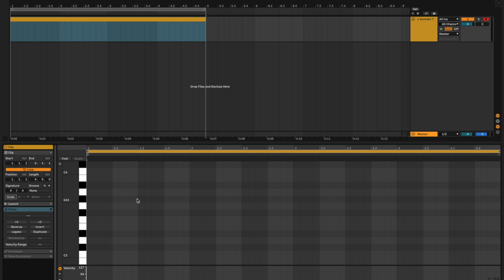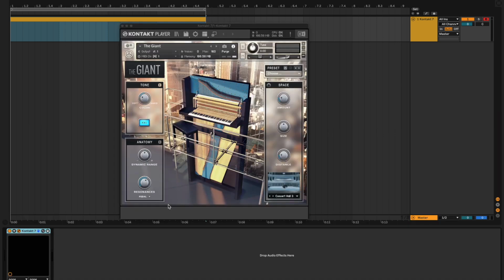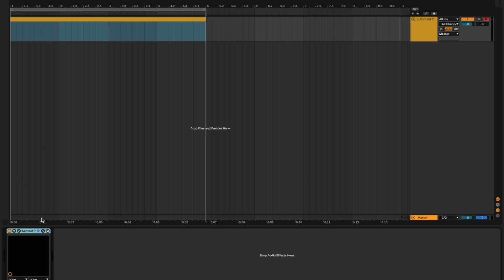To begin, the first tip would be, of course, choose a VST or a piano that you're comfortable working with or that has a sound that you like. The reason why is because you're going to be listening to this for quite a while as you create the melody and the chord progression. So if you don't like it, you're just going to annoy yourself and you're not going to